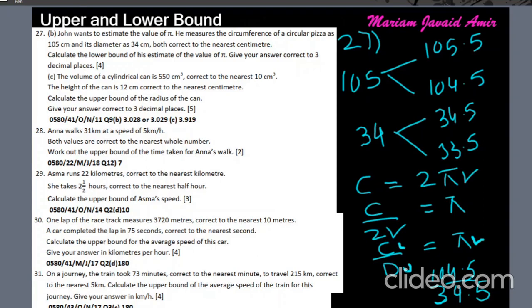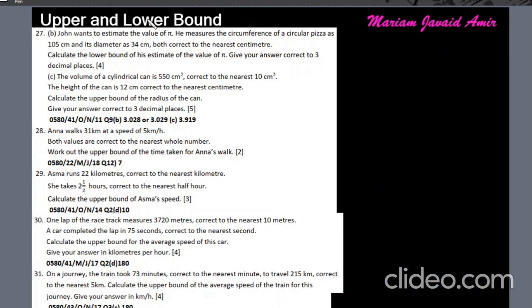114.5 divided by 34.5 gives 3.028, rounded off to 3 decimal places. So 3.028. Alright. Next, part C for question 27 is